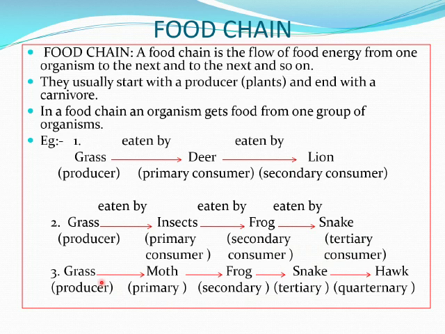Let us come to third example. Here if you see, we have 5-level living organisms. So grass is a producer, moth primary consumer, frog secondary consumer, snake tertiary consumer, and hawk quaternary consumer. If you see all these food chains, the living organisms are dependent on the other living organisms. And why do they depend? Because they want food. Why do they want food? Because they want energy. So this kind of dependency on another group of living organisms is called food chain.